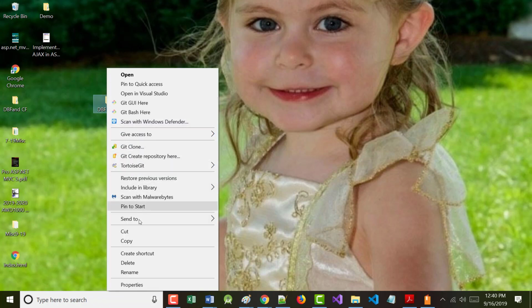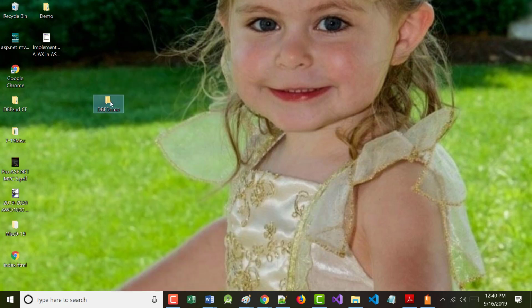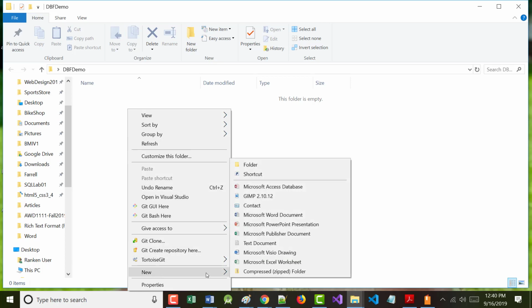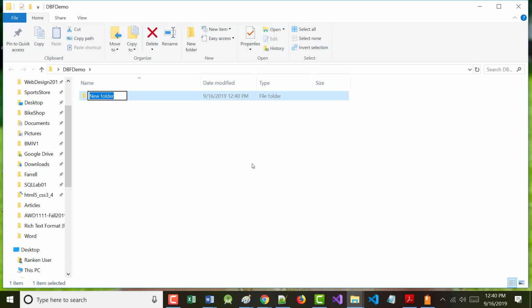And inside of there, I'm going to create yet another folder. Now, we did this last time, but where I screwed up, just so you know, where I had you save stuff, I had you save it one level too deep in the folder structure. If I would have had you save it at this level, so if we would have been at DBF demo, everything would have worked. I didn't, so it didn't. All right? Okay.